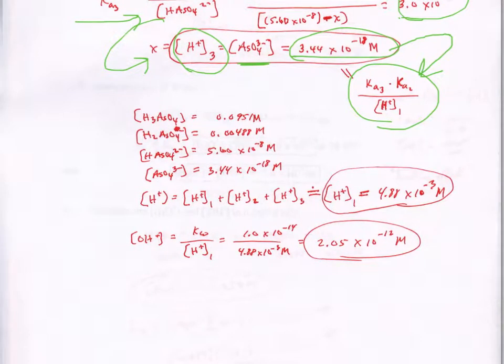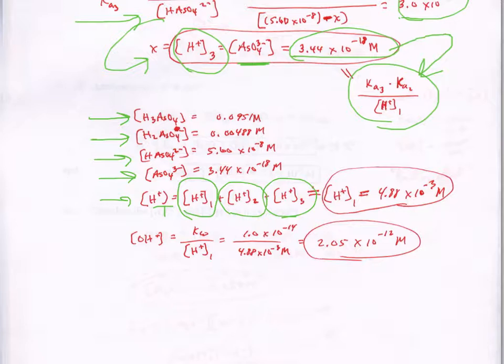And so finally, doing the calculations for all the species in solution, there I have what amount was left over of the original unionized acid. How much in the first equilibrium did I have of the monoanion concentration? What was the dianion? What was that final trianion guy? And then the total. What was the total hydrogen ion in solution? So I would have the sum of all the H's. Well, notice when you add all those three up,